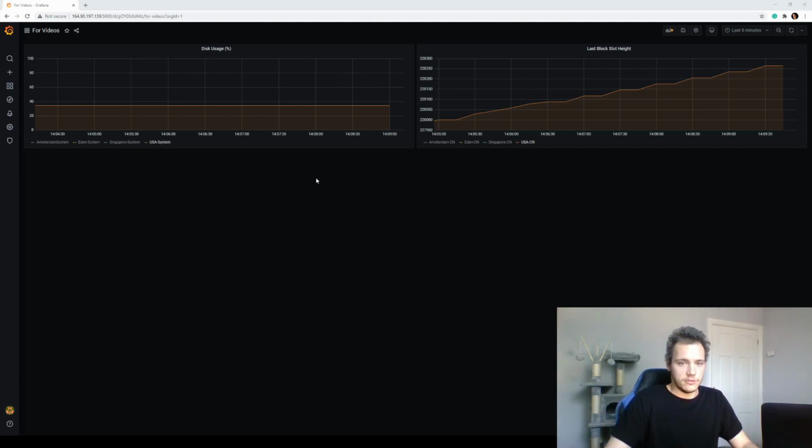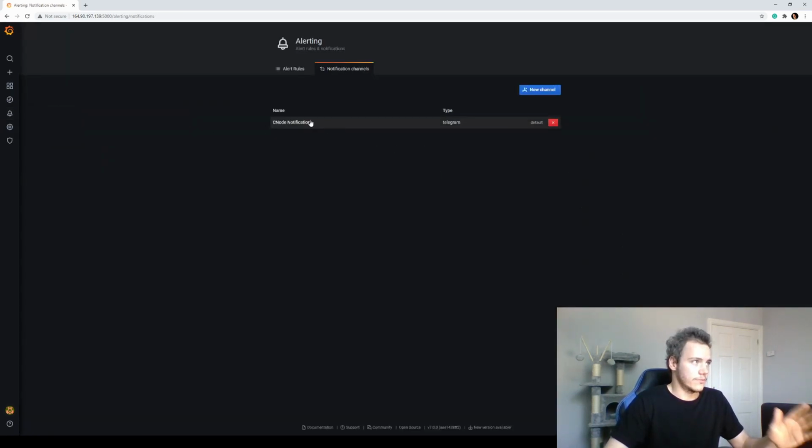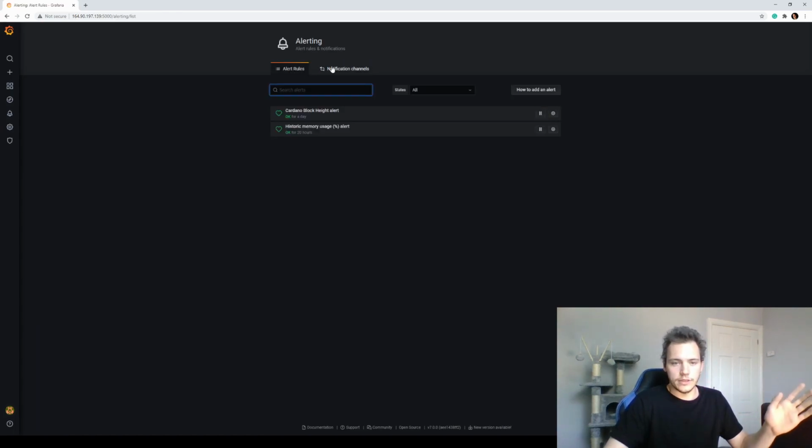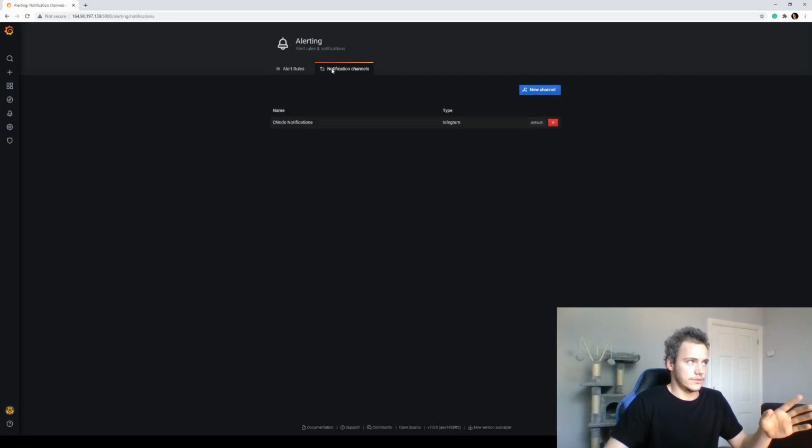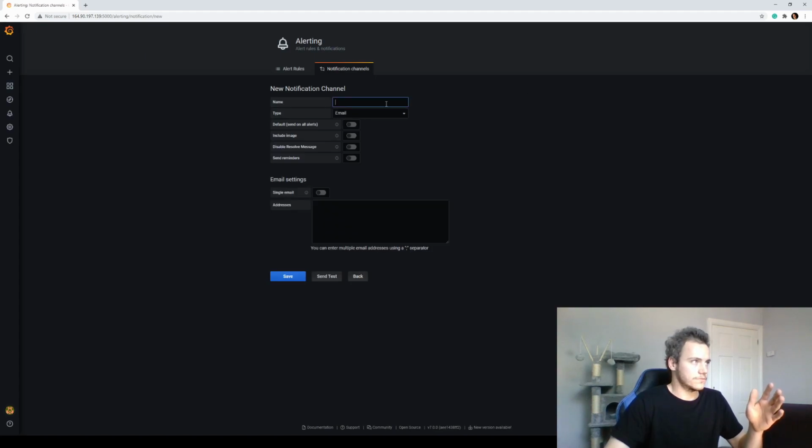So I made two queries here just to use as an example later on. But first we need to go to the alerting tab, and then we need to set up a notification channel. That's the first thing we need to do. I have my alerts set up from before, and a notification channel for them, but if you don't have a channel, you're going to have to create a new one, and I'm just going to call this